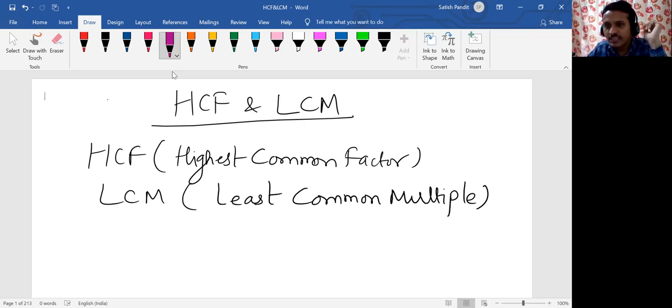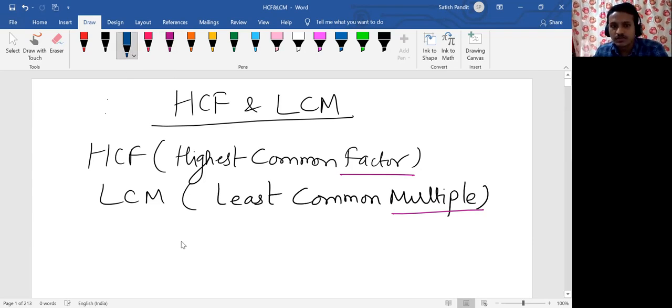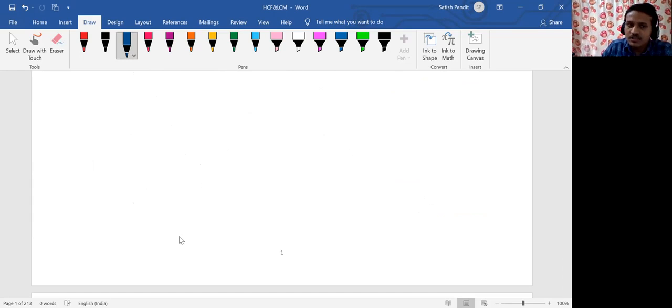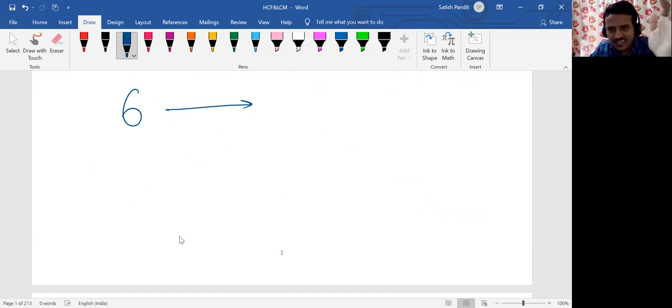If you see the expansion of HCF and LCM, we have new terms like, for example, factor and multiple. So first of all, we should know what is a factor and what is a multiple. So let's see that. I'll take an example. Suppose I have 6 as a number. Can you tell me what are the numbers that can divide 6 completely without leaving a